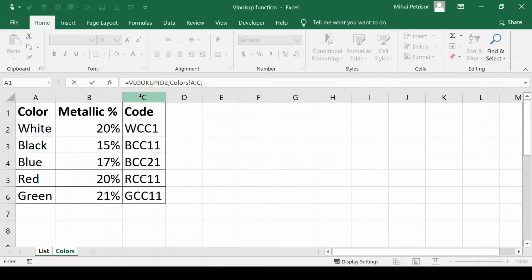In our case it will be 3 because we have the code on column C. And the last argument can be true or false, meaning 1 for an approximate match and 0 for an exact match. So we will use false, meaning 0, because we want to bring the exact match.